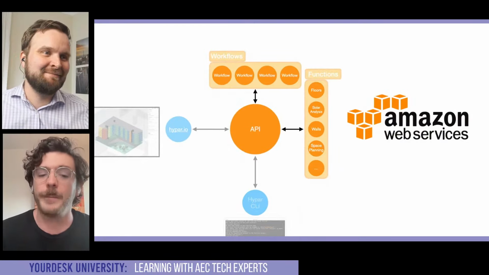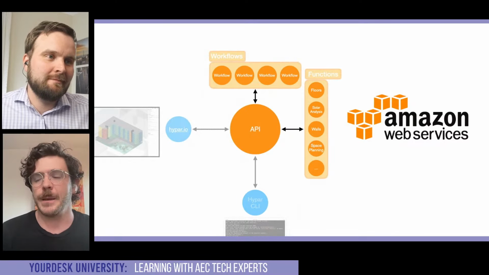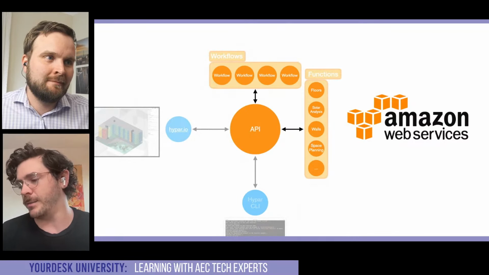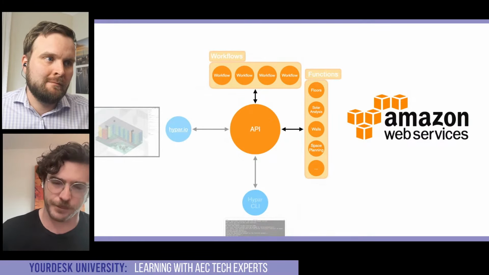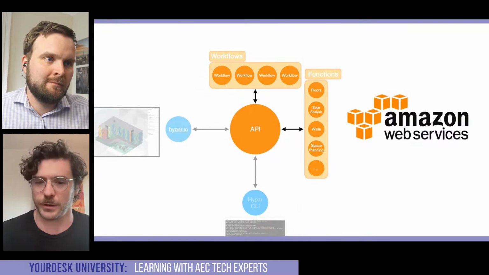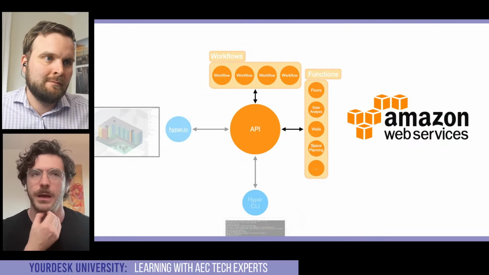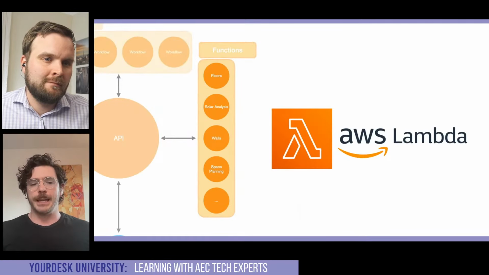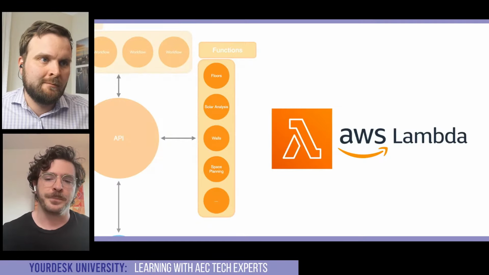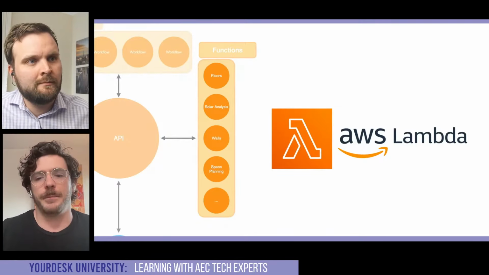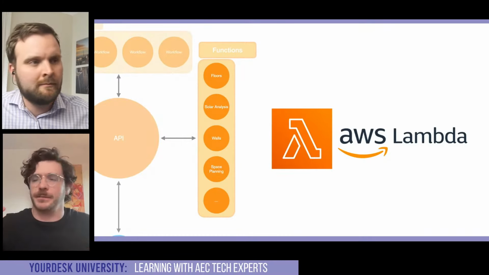But I think a big part of it is because we want to be an ecosystem where anyone can contribute their logic onto the Hypar platform. Amazon has a really great product offering called Amazon Lambda, which is basically a service for authoring microservices. So what do I mean by that? Amazon Lambda basically allows you to take any little piece of code.